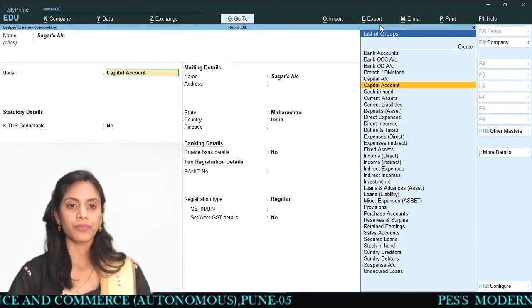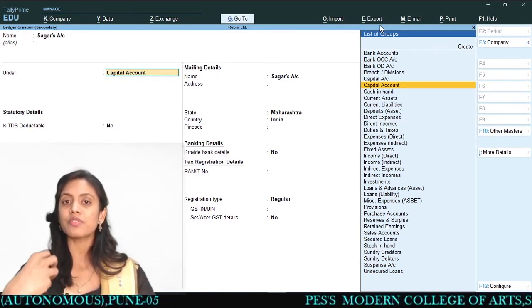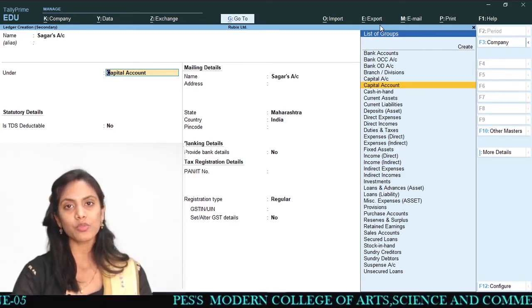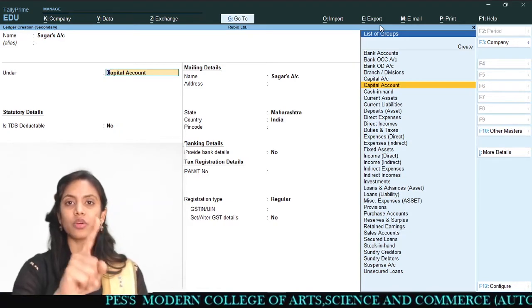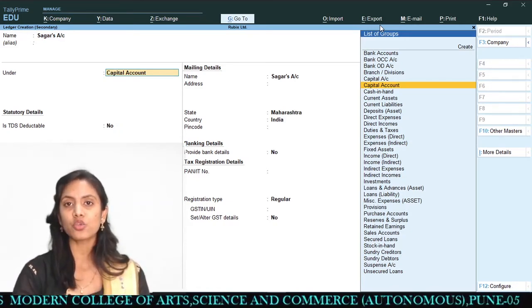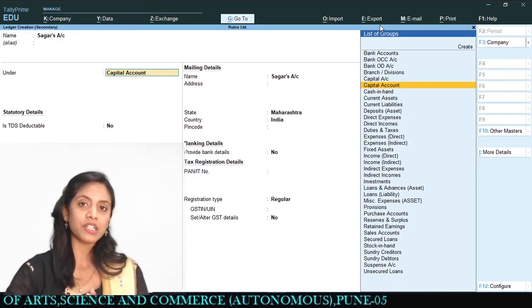First of all, Mr. Sagar comes into the picture because you have sold some goods to Mr. Sagar, and when you sold some goods to Mr. Sagar, it means that he is your debtor, right? He is your debtor, so I will choose the option Sundry Debtors, and that option is there in the balance sheet, right?